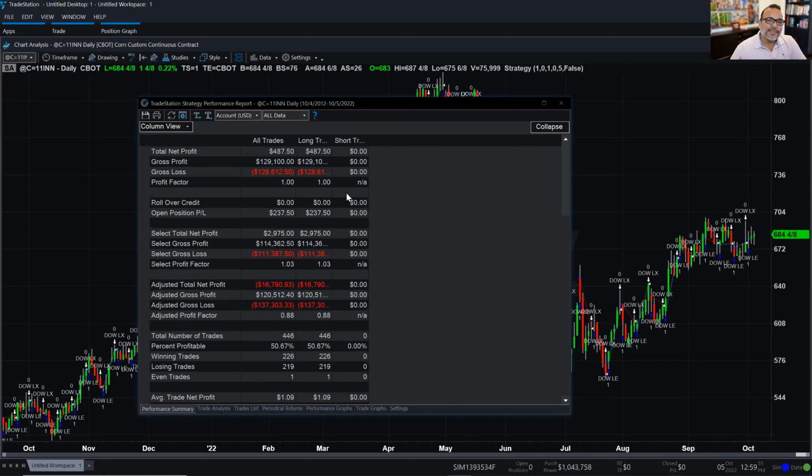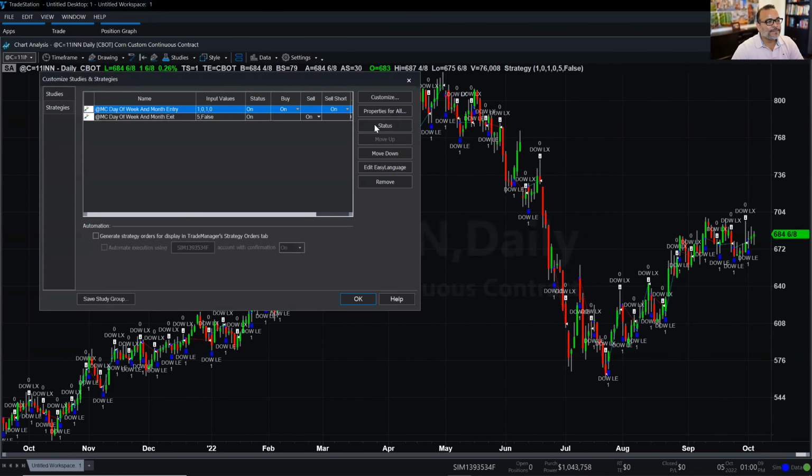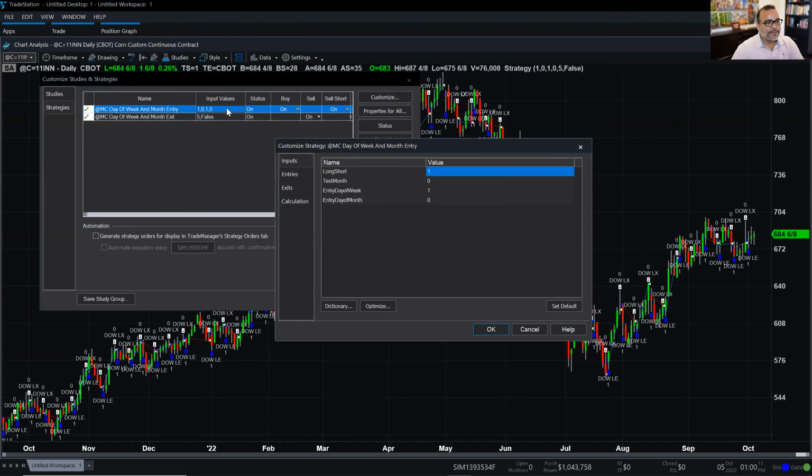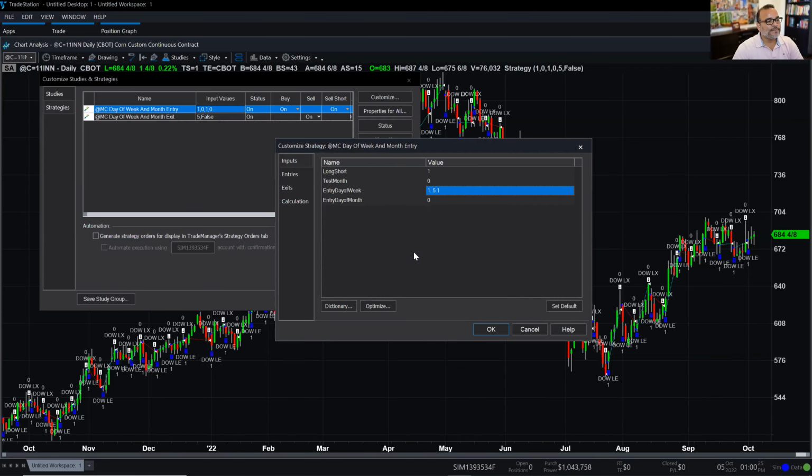Can we make any sense out of trading specific days of the week or exiting on specific days of the week? Well, let's go ahead and see. If I close this and I go into the strategy, let me optimize the entry. I'm going to go here into entry day of the week, and I'm going to optimize this value and go from 1 to 5. So test all possibilities of entering the market either Monday, Tuesday, Wednesday, Thursday, or Friday and find out which one